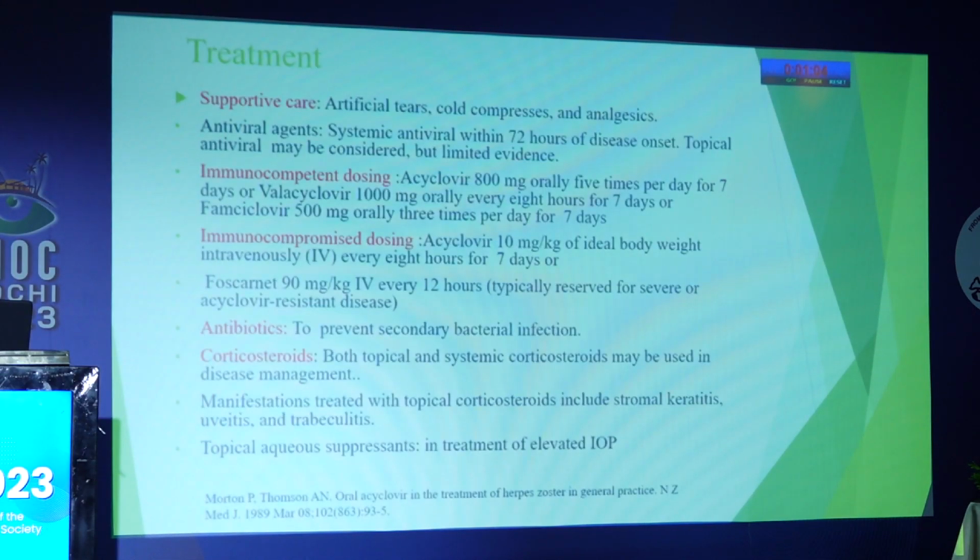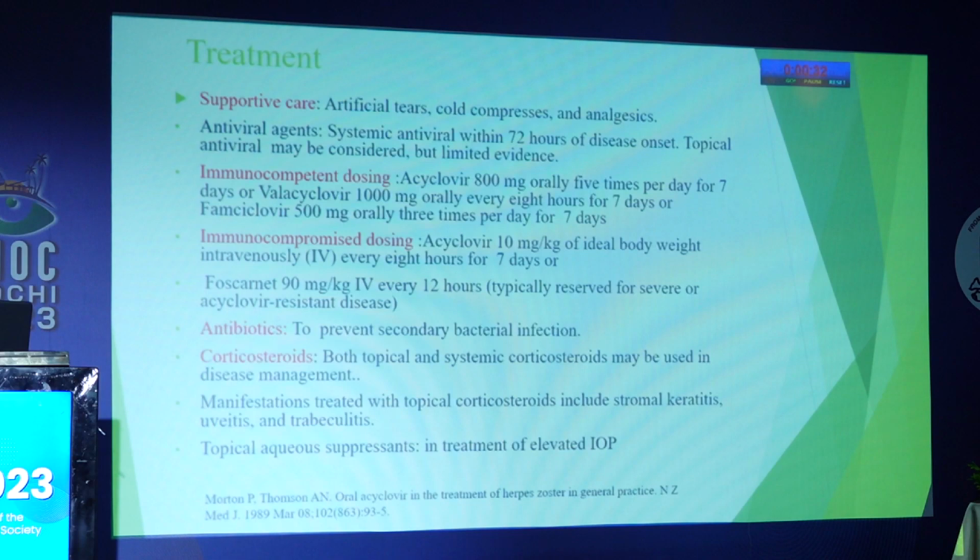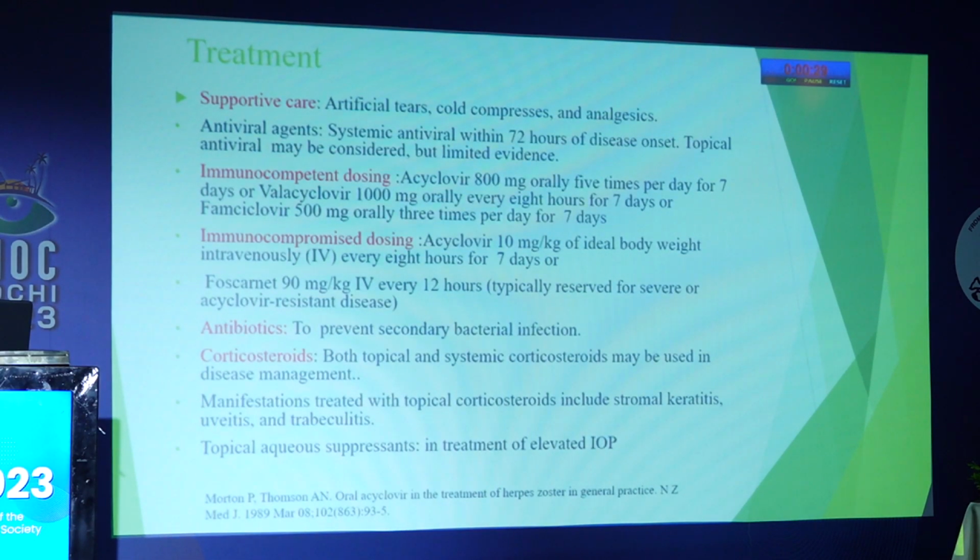So the treatment part, it can be a supportive line of management. And coming to systemic antiviral, in immunocompetent patients, we can try acyclovir 800 milligram orally 5 times per day for 7 days, or valacyclovir. Then in immunocompromised, the dosing is 10 milligram per kg of ideal body weight every 8 hours for 7 days. And in acyclovir-resistant or severe cases in immunocompromised, we can give foscarnet. Then again, there is a role of antibiotics to prevent secondary infections, steroids, and topical aqueous suppressants if there is